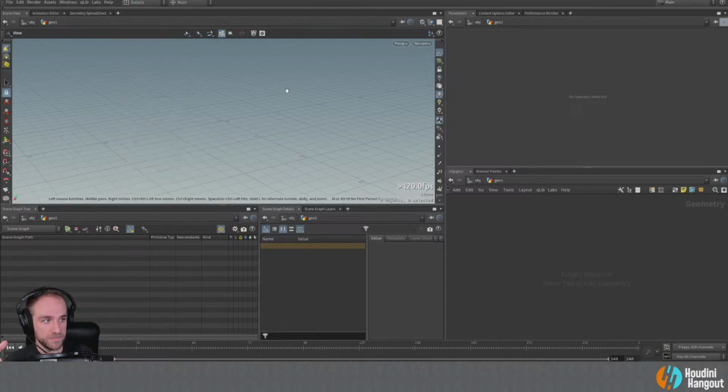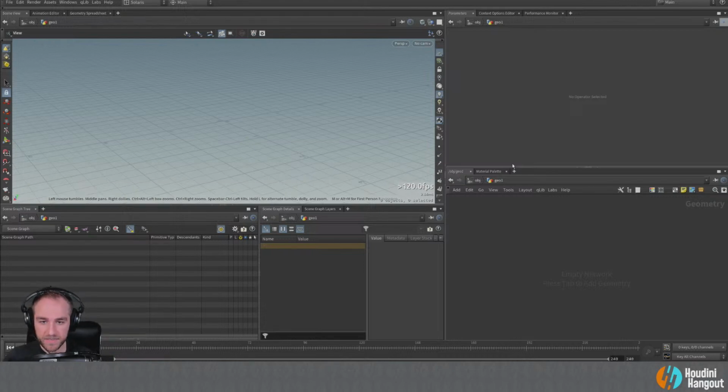Sometimes when I'm doing layout, I'll have a couple tall columns because the layout LOP within Solaris, which we'll probably get to in the next couple streams, has a ton of UI to it. So it's really nice to have a tall panel for that to sit in. Some other things don't need it, but this is a good starting place if we need to move things around.